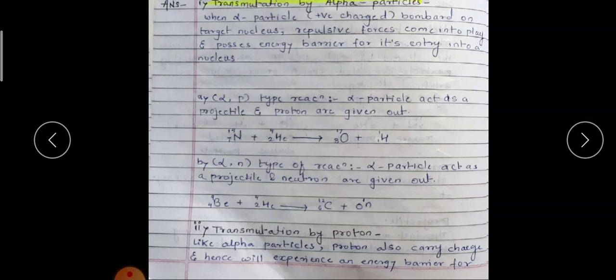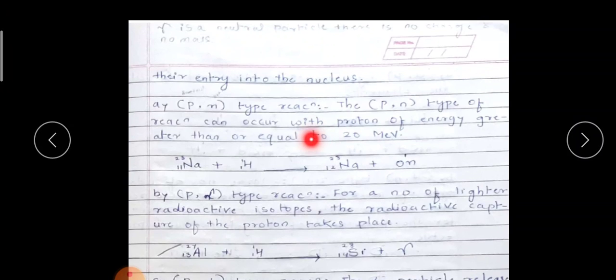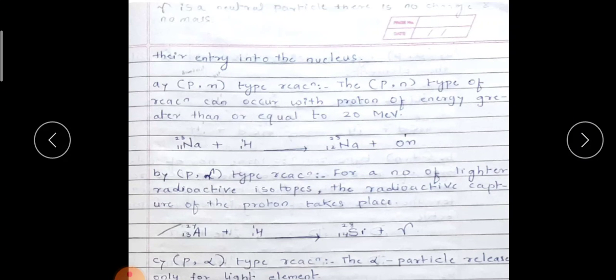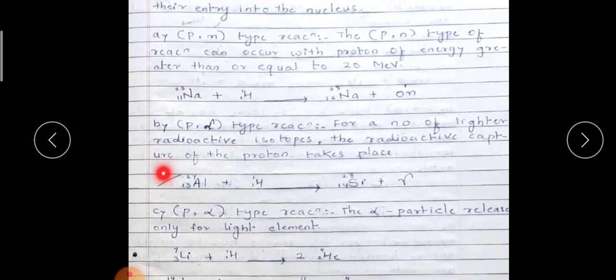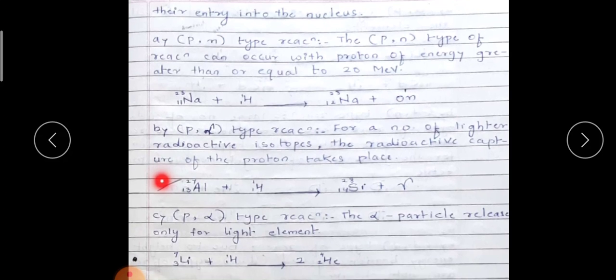Like the alpha particles, the proton also carries charge and hence will experience an energy barrier for its entry into the nucleus. Here are the examples. For the proton, there are four sub-reactions that we have to see. That is the proton-neutron, PN type reaction, P alpha type reaction,